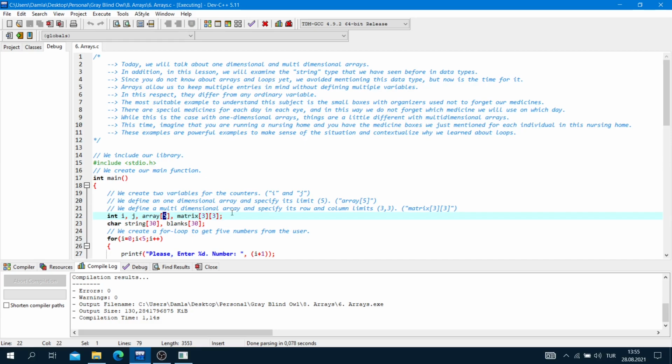We define a multidimensional array and specify its row and column limits as 3 by 3: matrix, square brackets, and 3, square brackets again, and 3. As you can see, matrix 3, 3, and semicolon.